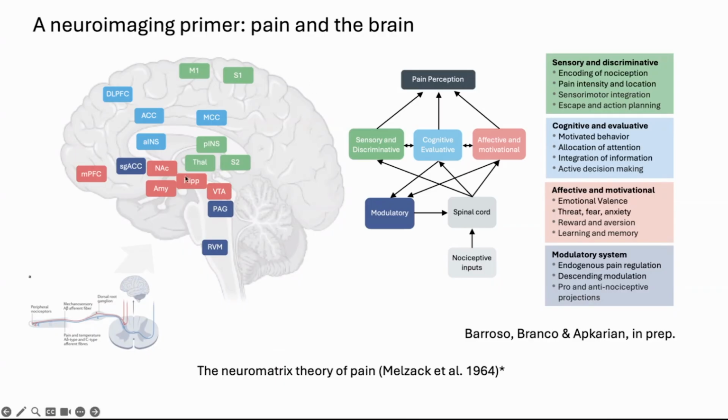The second domain, here in red, is the affective motivational domain, which encodes the emotional component of pain. This is composed mostly of what we call the extended dopaminergic system in regions such as the ventral tegmental area, the amygdala, the nucleus accumbens, and the medial prefrontal cortex. This system provides the nociceptive signal with the emotional valence that makes pain feel unpleasant. It also involves several structures that can augment the pain experience and also encode it into memory.